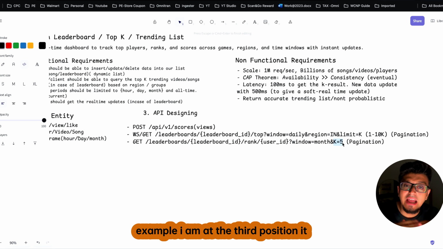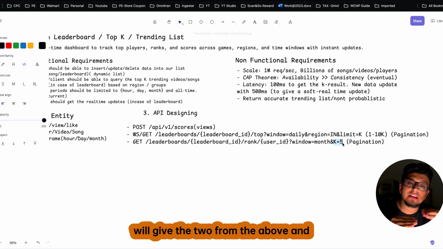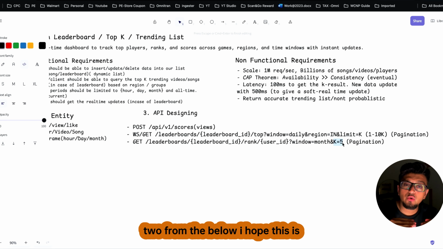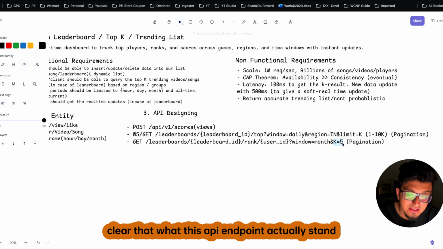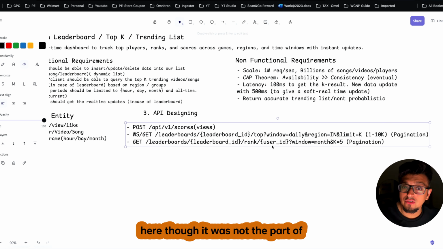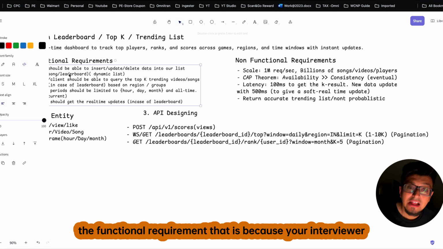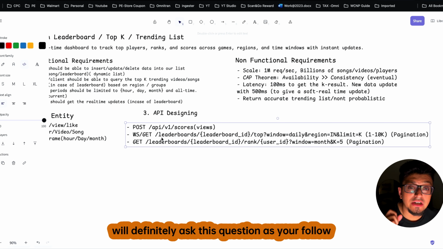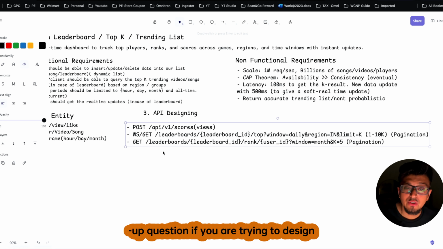So for example, I am at the 3rd position. It will give the 2 from above and 2 from below. I hope this is clear, what this API endpoint actually stands for and why I have defined it over here, though it was not part of the functional requirement. That is because your interviewer will definitely ask this as a follow-up question if you are trying to design